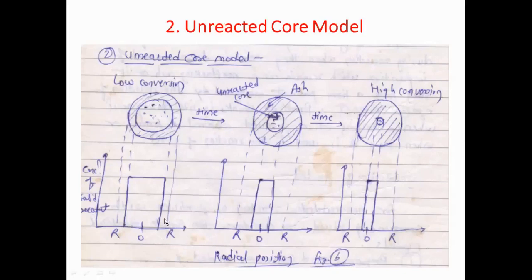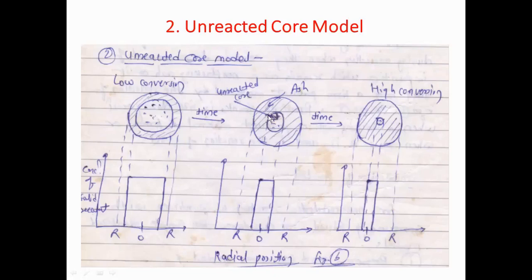When we see the concentration profile, we look at the concentration of solid reactant. Here, capital R is the radius, the outer skin of the solid, and 0 is the center. So solid reactant concentration means solid concentration. This is the initial concentration. Initially, from the outer skin of the particle, it is like this. But here this is the internal skin, and the profile we see is a rectangle like this. But this rectangle size goes on decreasing.